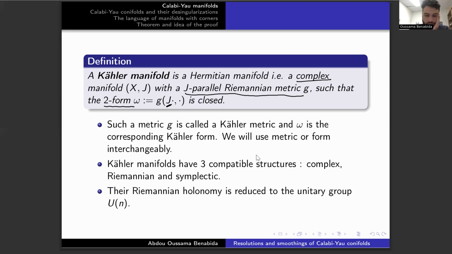This is a theorem which basically describes the possible holonomy groups of simply connected, non-symmetric, non-locally symmetric Riemannian manifolds, which says that basically we have, so the holonomy is always included in,